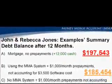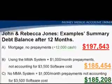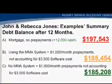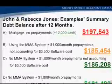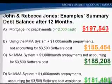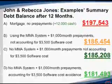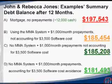If we didn't do anything fancy, never bought the MMA program, and just prepaid our mortgage $1,000 a month with our discretionary income, we'd have a debt of $185,208. If we didn't do anything fancy, and we had the $3,500 to invest in the software, but instead prepaid our mortgage and used our $1,000 in discretionary income per month to prepay our mortgage, then our total debt after the first year would be